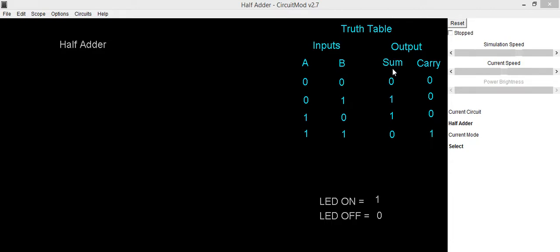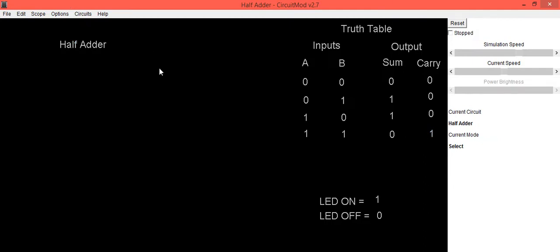If you look at the output sum, it is 0, 1, 1, 0, which is equivalent to our XOR gate. And for carry, the output is 0, 0, 0, 1, which is equivalent to an AND gate.